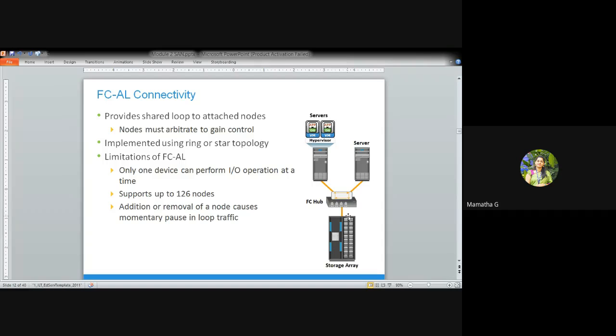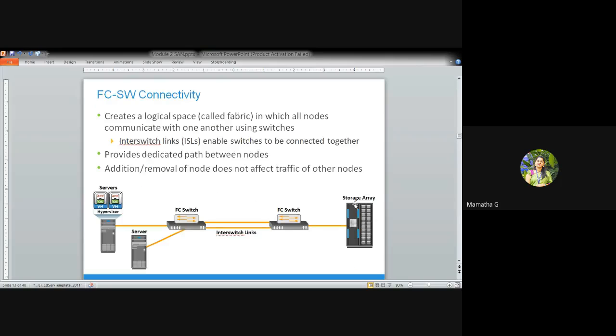And when you come to FC arbitrated loop, here we use the hub. In the figure you can see we use the hub for connecting the devices, where the hub will create a shared loop for connecting the nodes, that is your server and the storage. And when you come to FC